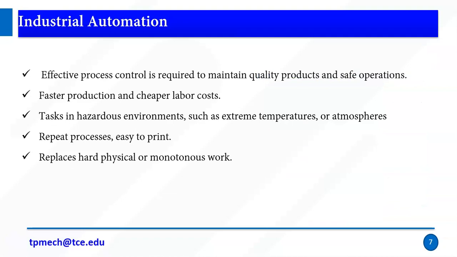So the next is again why to automate. Effective process control is required to maintain quality products and safe operations, right? So in some applications we need to produce the component in a very accurate manner. I mean very high accuracy as well as precision. We think we really want a quality product. Some applications, for example